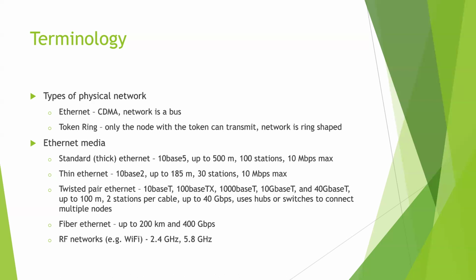The next advancement was twisted pair Ethernet, which they called 10BaseT, T for twisted pair. Twisted pair being the same kind of wire that you use for your telephone, basically. It would do 10 megabits per second, and it required some kind of hub or switch device, hubs initially, and then later switches, that was centrally located. It was a star network, so one cable ran to each machine.